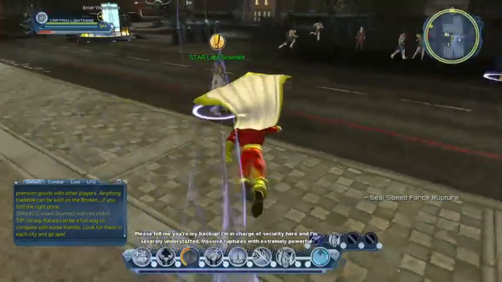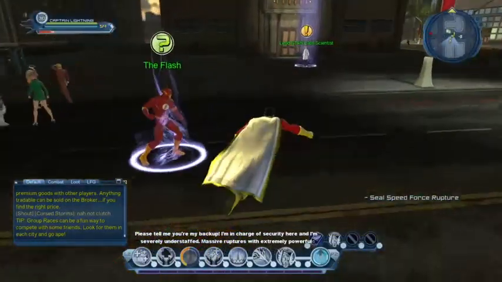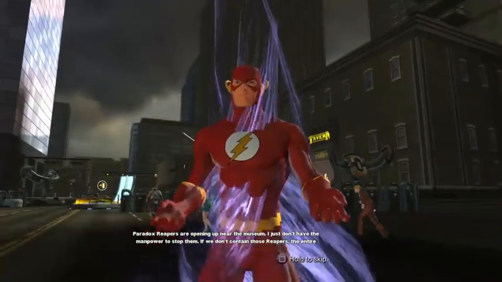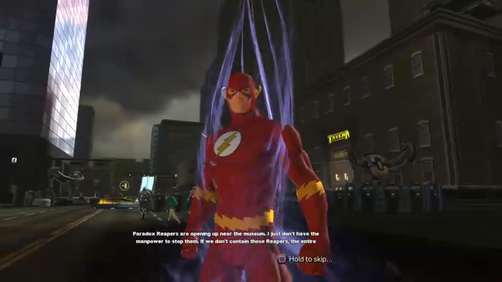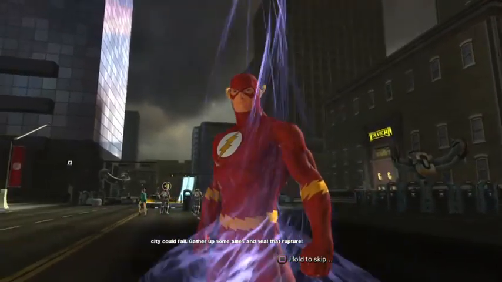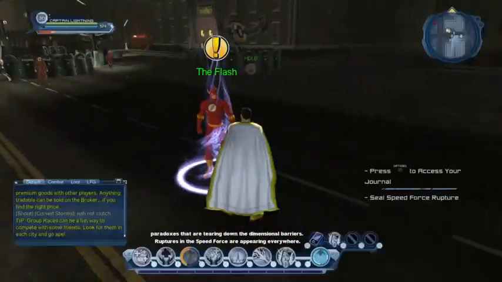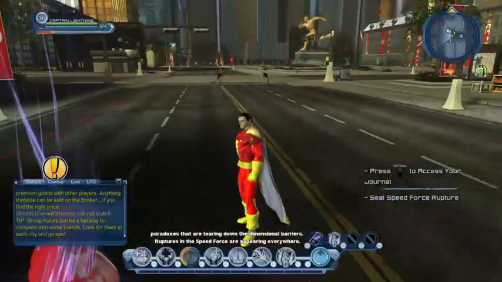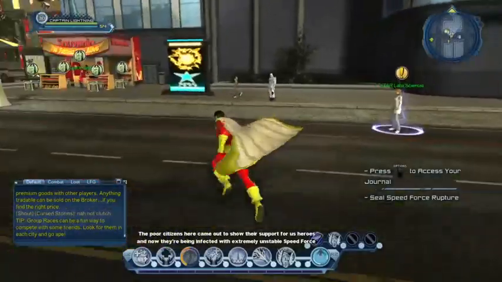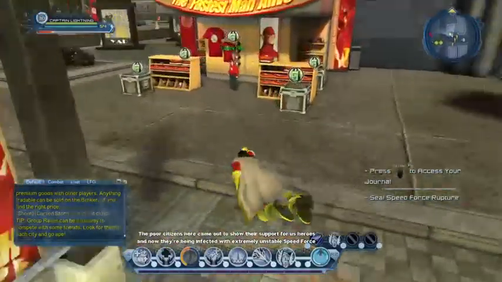In charge of security here, and I'm severely understaffed. Captain, we've got some citizens inbound. Thanks for coming. Things have gotten crazy fast. Someone is using the Speed Force to tamper with my timeline. It's creating infinite paradoxes that are tearing down the dimensional barriers. Ruptures in the Speed Force are appearing everywhere. The poor citizens here came out to show their support for us heroes, and now they're being infected with extremely...